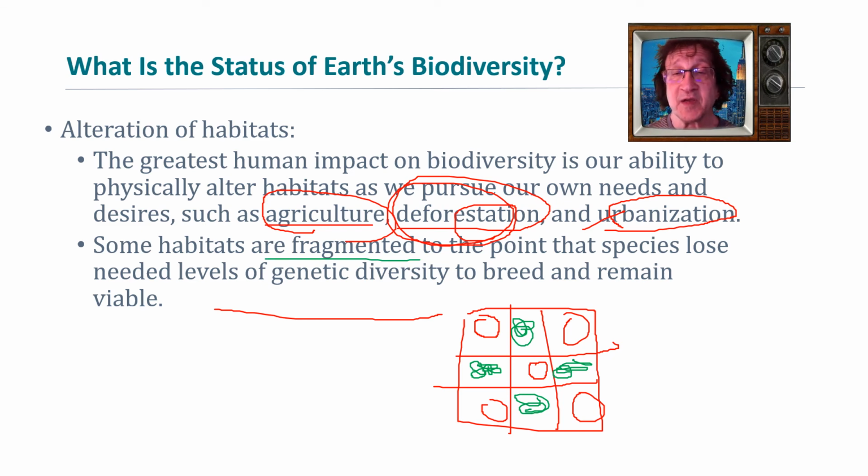And this sometimes makes it difficult for animals to live in these areas. It prevents them from breeding throughout the area. You end up with what's called inbreeding, or sometimes bottlenecking, and it prevents the animals from migrating to find food and for their young to find new territories. So this is a big issue for us.